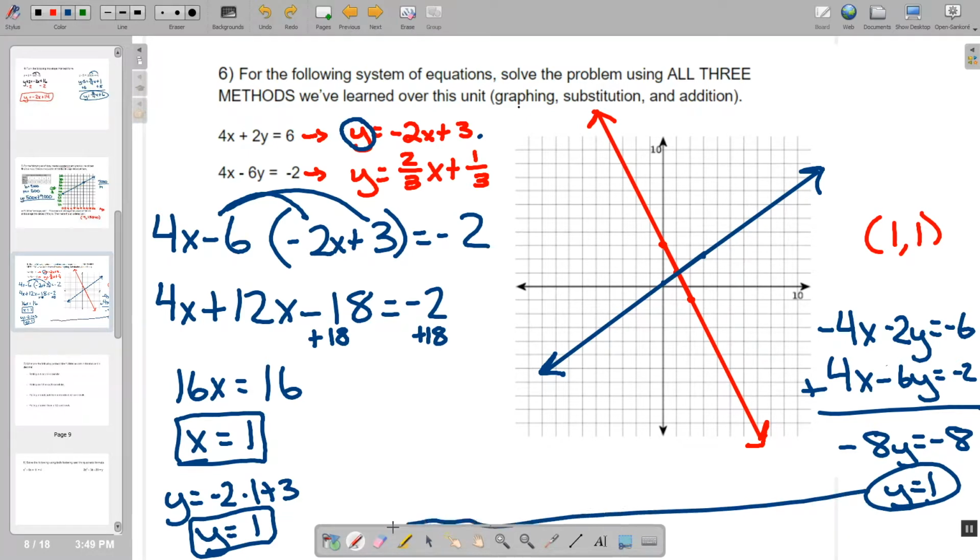And from here, I can do the same substitution strategy I did over there, but in reverse. But with all three methods, I end up getting (1, 1) as my point of intersection. And that's it. That's the end of the